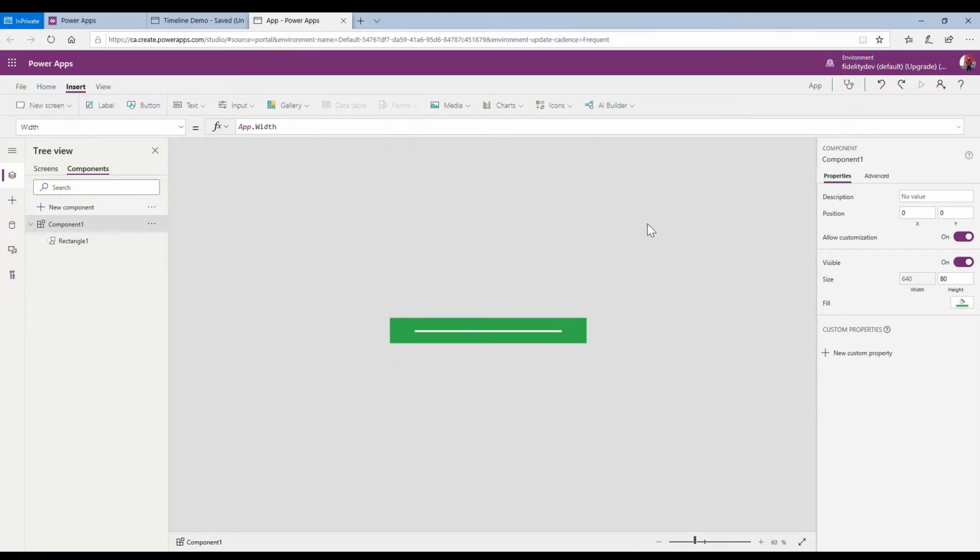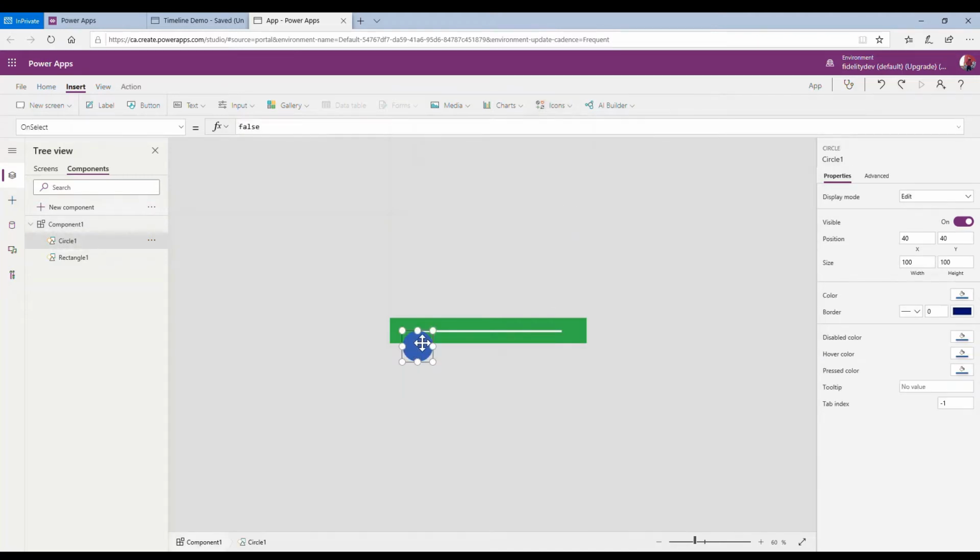Now, next thing I'm going to do is add in little circles for each of my pages, so that they represent each page that I'm on. So let's see if we can find a circle here, and there's one. And we're going to need to make them much smaller. So right now I'm just going to vaguely edit that, and then I'm going to tidy it up over here, making its height and width the same